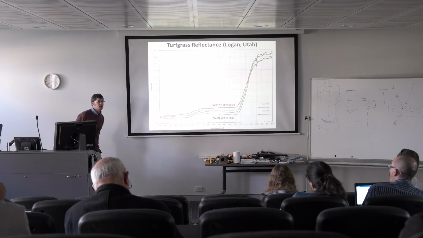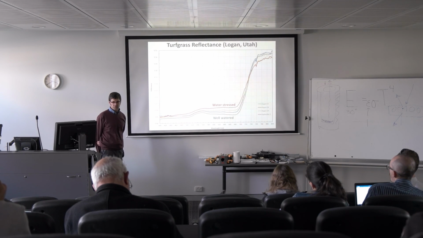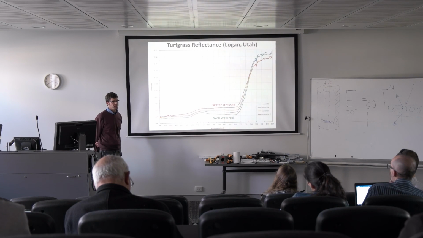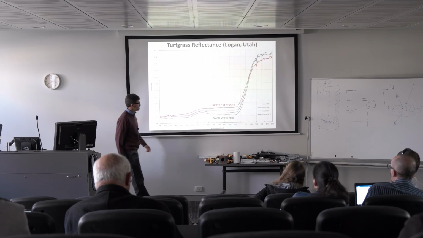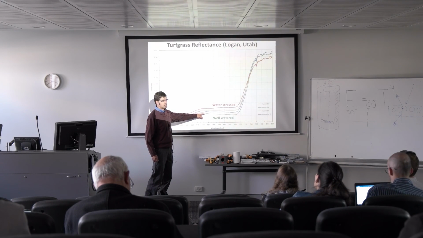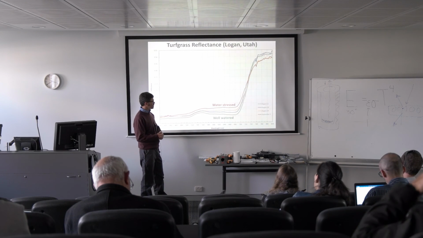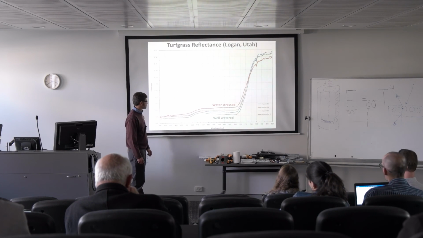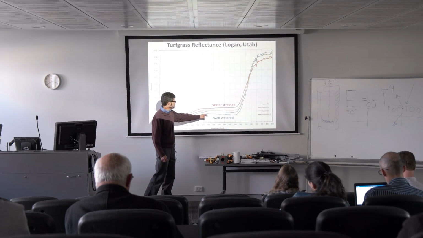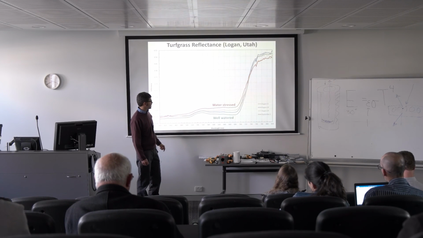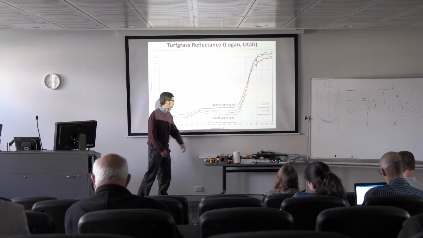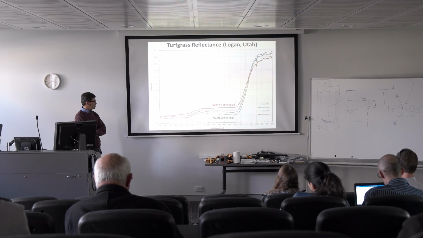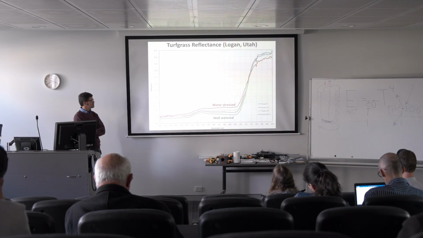As I mentioned, this was over turf grass. To make it a bit more interesting, we intentionally stopped irrigating the turf grass. So this is the reflectance measurement on the last day that the irrigation system was on. And then we turned off the water. About 3 days later, on August 24th, the reflectance spectrum was here. 5 days later, on August 29th, it was here. And then 4 days later, on September 2nd, it was here. And so you can see there's some pretty substantial changes in the reflectance spectrum as the grass dries out, going from well-watered to water-stressed. This is the kind of data that